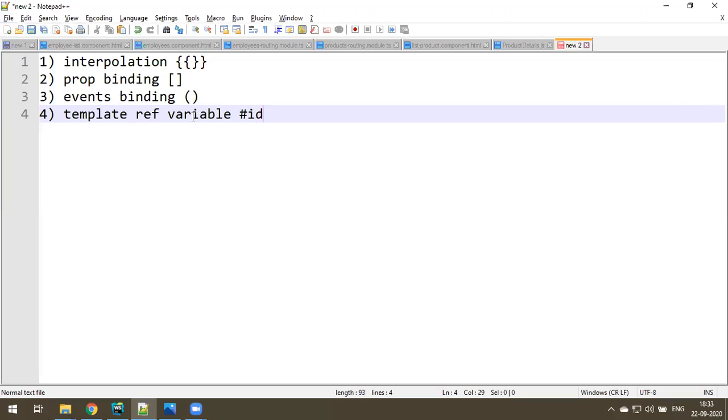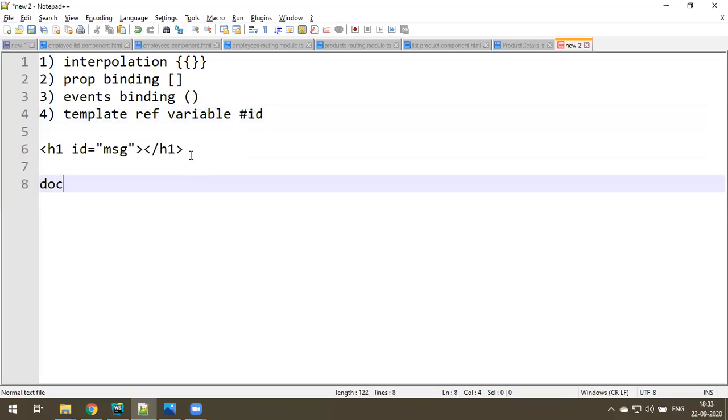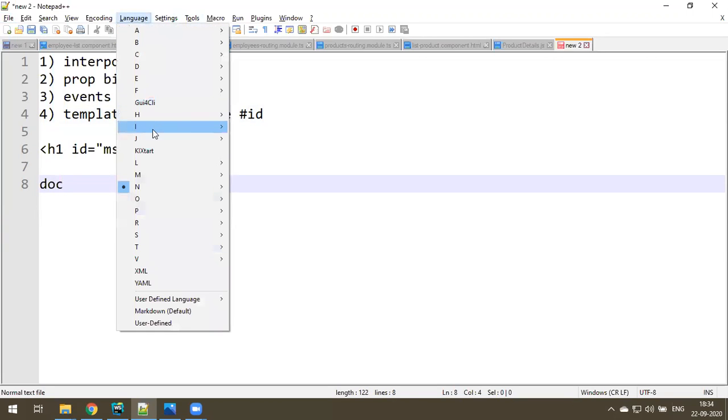Okay, so template reference variable is just like in JavaScript. Generally in JavaScript, you have some h1 tag, right? If you want to refer to the h1 tag element, what you do, you will give some id, something called msg, and you will use that using document dot, right, in JavaScript.